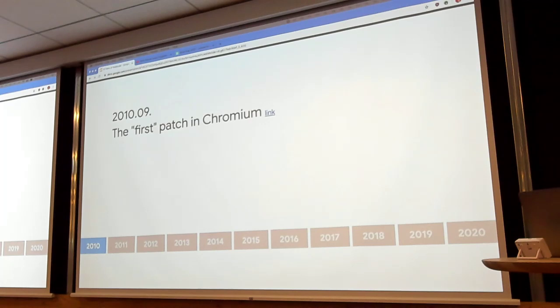And the Blink fork from WebKit actually happened in 2013. So this commit predates the Blink fork from WebKit. All the changes he made in the Web Audio API back then, we could see the same thing happening in Safari and Chrome at the same time. That was a good time actually, because we didn't have this different implementation or fragmentation between Safari and Chrome, but now we have, right? That's a kind of problem that I'll talk about later.